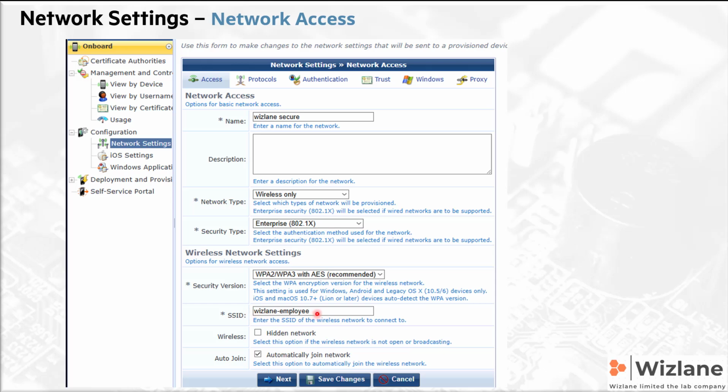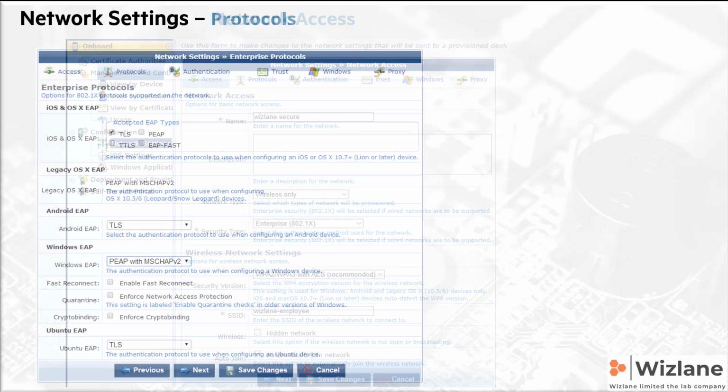So we expect that when someone connects and onboards, a local profile will be created on the Windows or Android or whatever machine, and the name will correspond to Wizlane employee in this specific case. Whatever SSID the users end up connecting to after having the EAP-TLS certificate provisioned will be included in here. Now, of course, there are other tabs for other purposes, like what protocols you're going to use